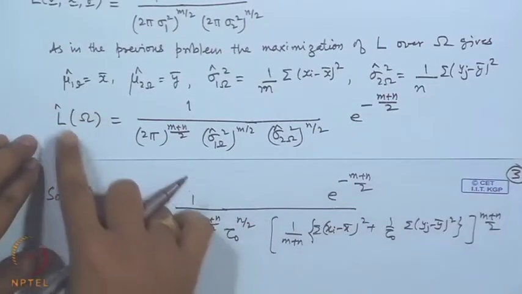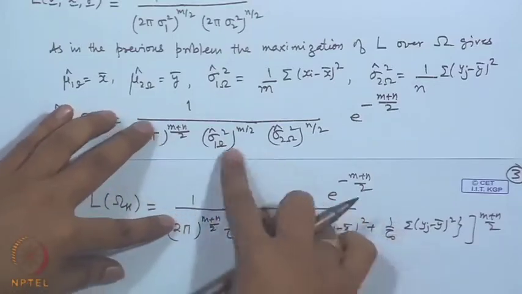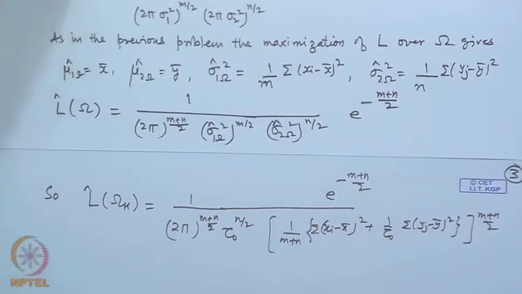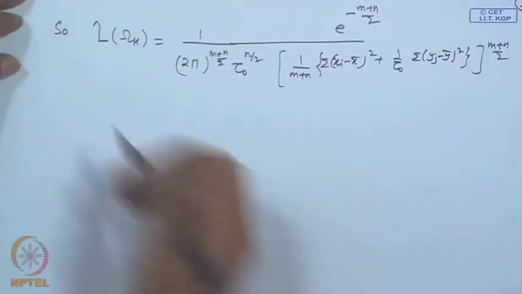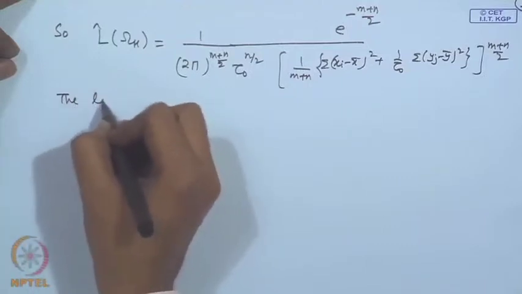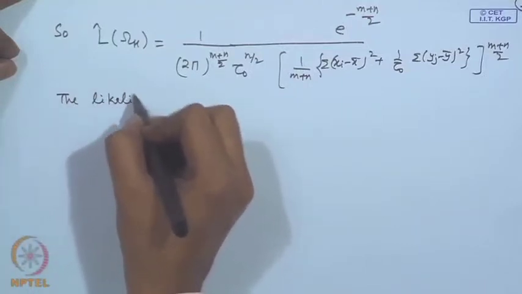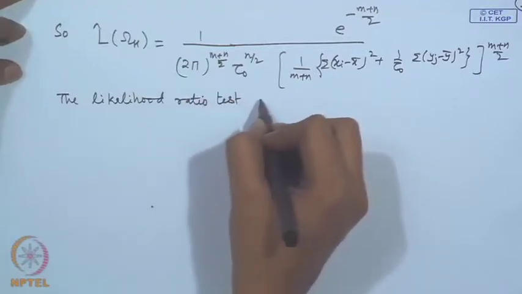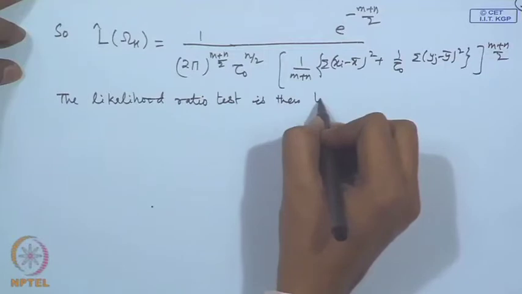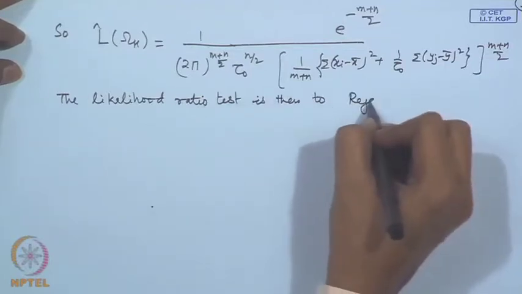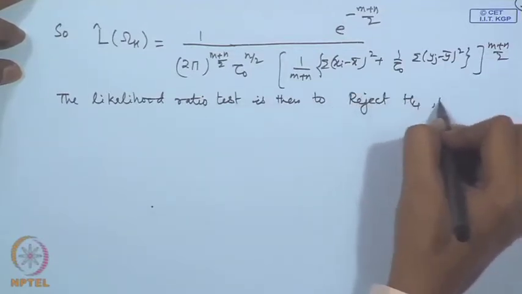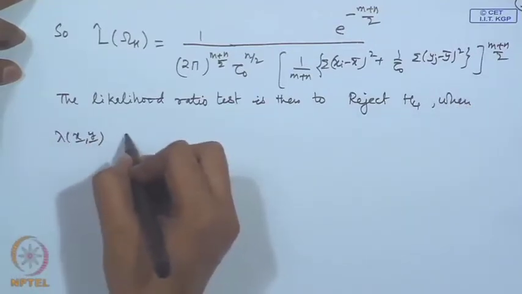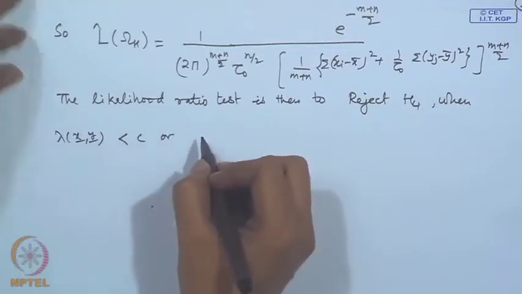We are having L hat omega as this term and L hat omega H as this term. So, the likelihood ratio test can then be written as: the likelihood ratio test is then to reject H naught when lambda x is less than c, which is equivalent to now